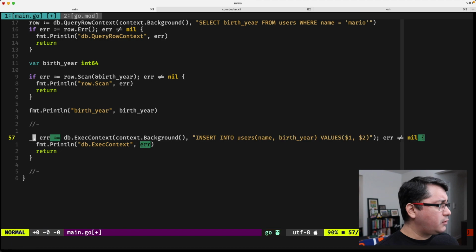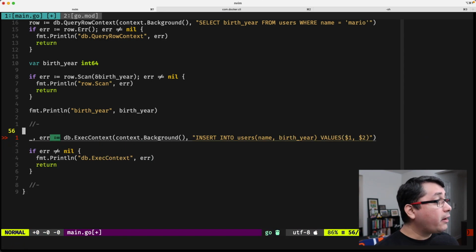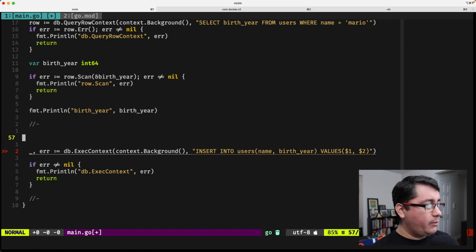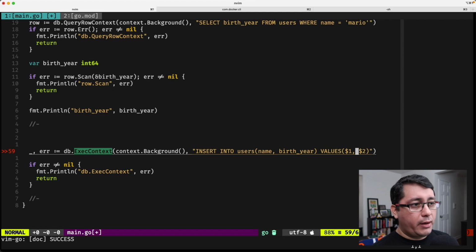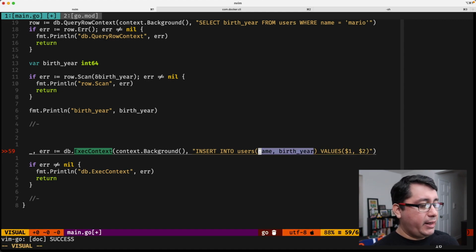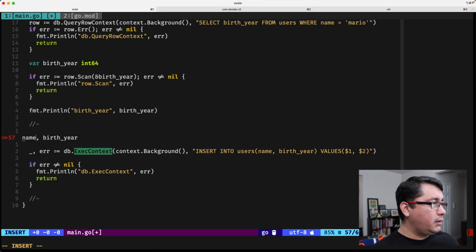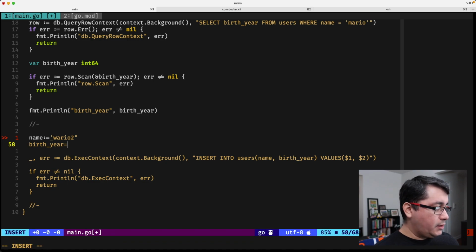And let me change this a little bit so it's much more clear. So what is going to happen here is that, remember, all of the methods that I'm showing you, ExecContext, QueryRowContext, and QueryContext, not only receive a query string but also arguments, and those arguments are what we are going to be trying to replace as the placeholders. Okay, so in this case there are 2 arguments. We have $1 and $2, which will be equivalent to birth year and name respectively. So name, let's try a different one, will be Wario 2, and birth year will be, let's say,